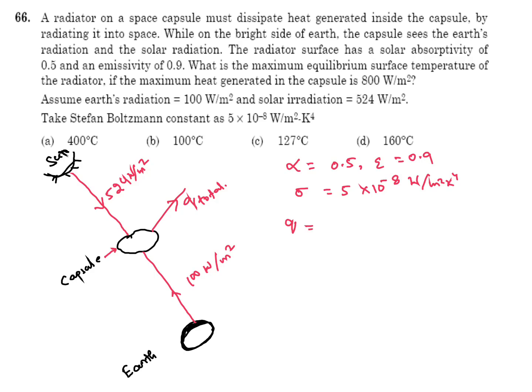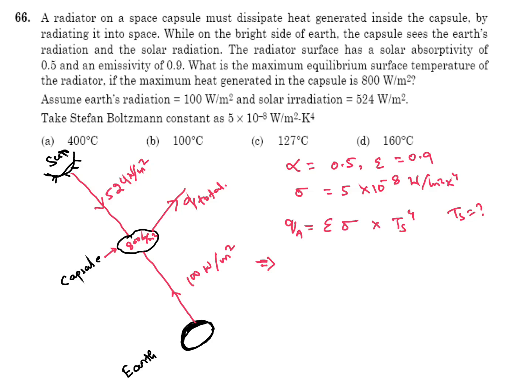Q total is emissivity into sigma Ts to the power 4. Heat is also generating inside the capsule, it's 800 watt per meter square. We have to calculate surface temperature Ts. We have to calculate Q equal to emissivity into sigma into Ts to the power 4. This is equal to